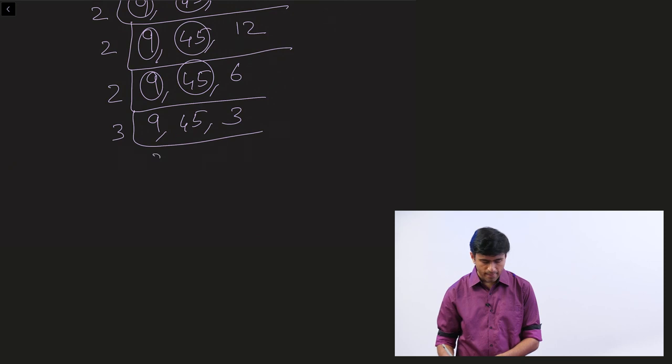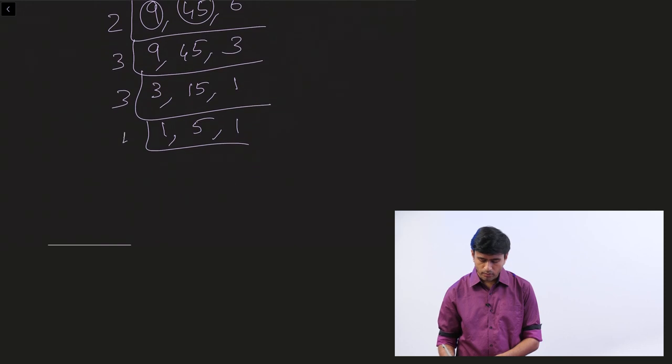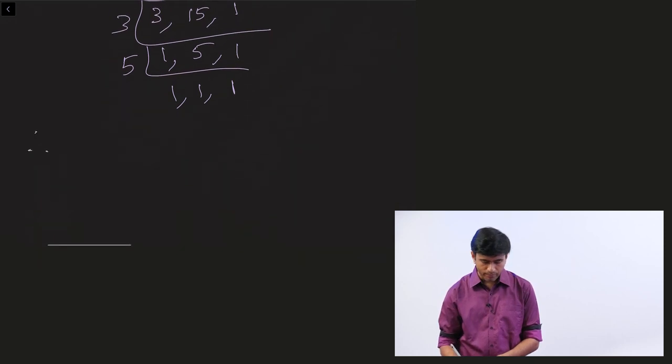3 3s are 3, 15s, 3 1s, 3 1s, 3 5s. The last one is 5 1s, 1s, 1. Therefore, LCM is,